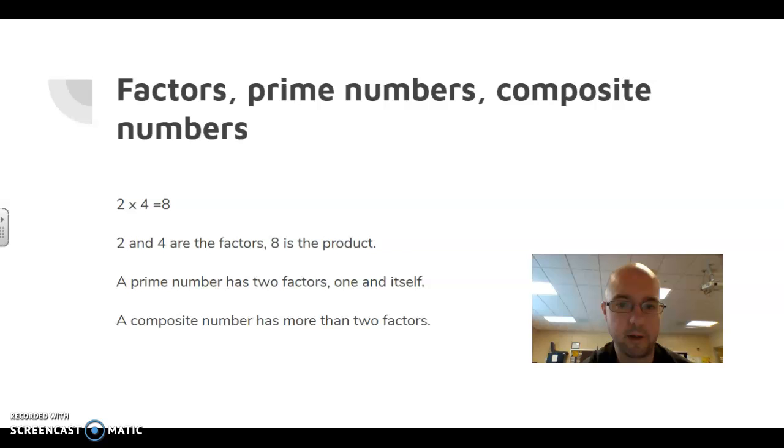So a prime number has 2 factors, 1 and itself. So now, for a prime number, go 2. Composite number has more than 2 factors. So now for composite, we're going to